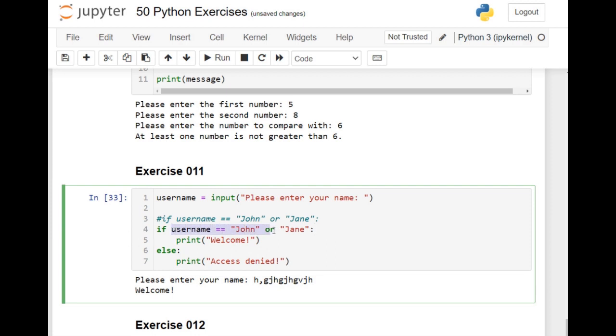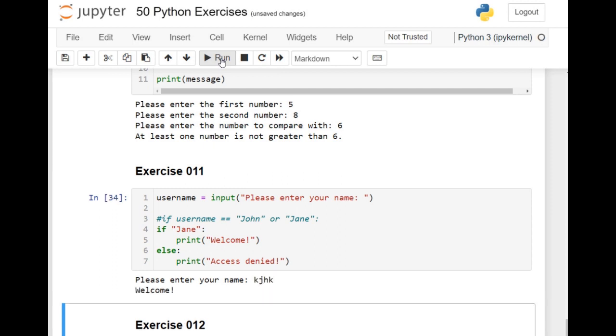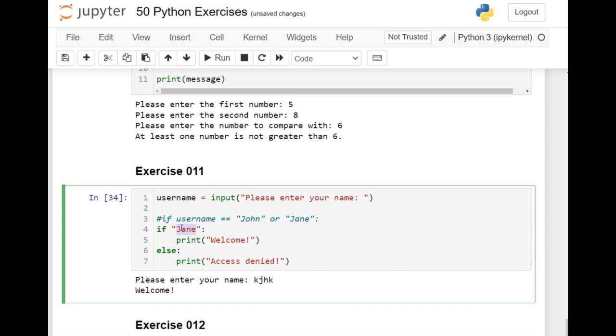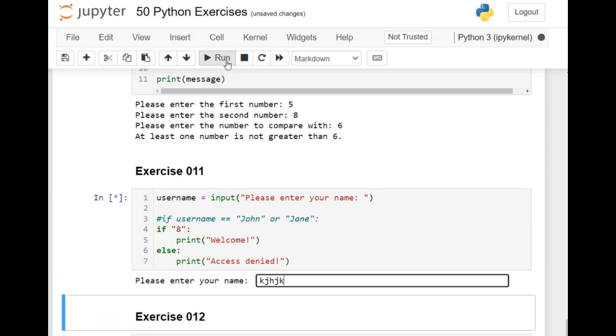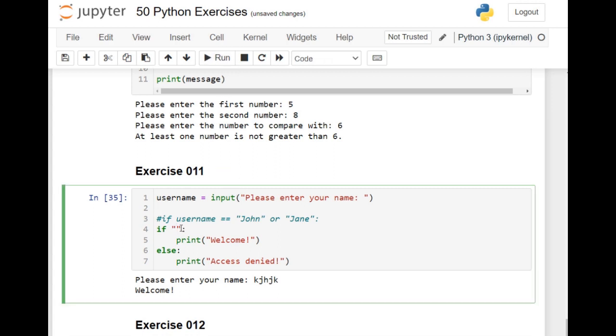If you put here, if Jane, it says welcome. If we say here, if 8, it says welcome. If I change this to blank,